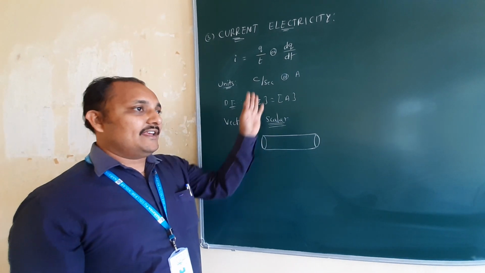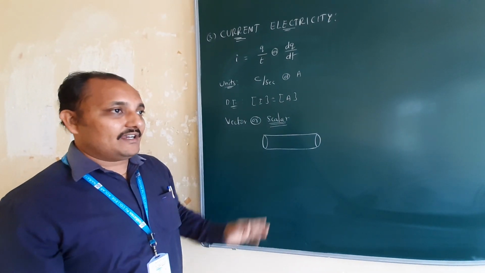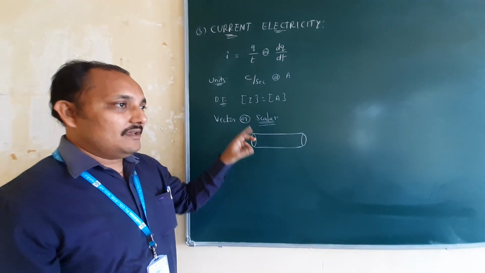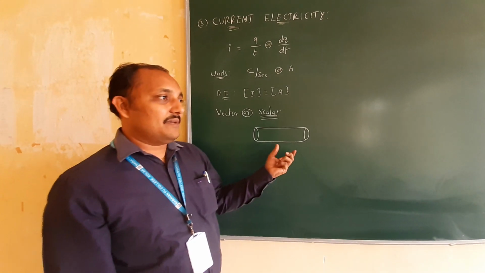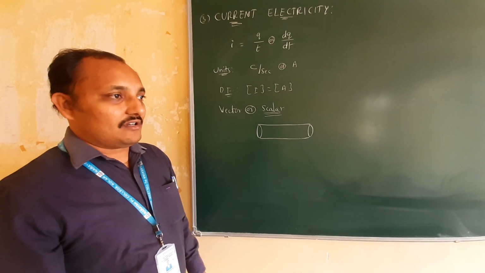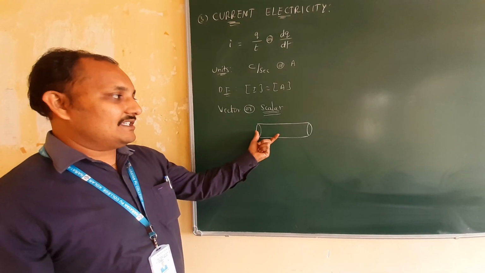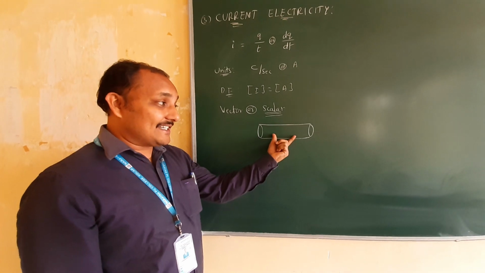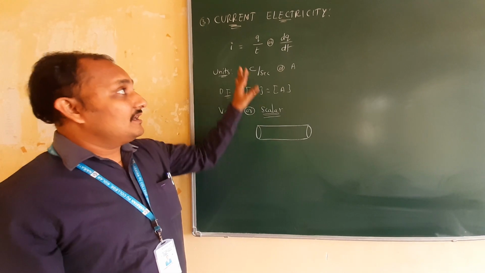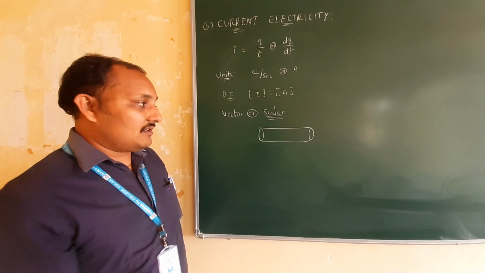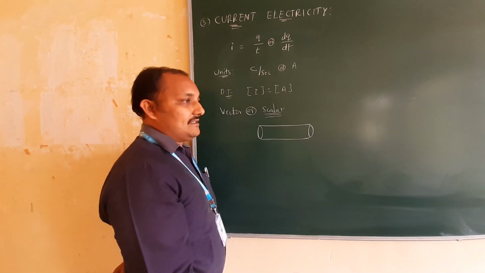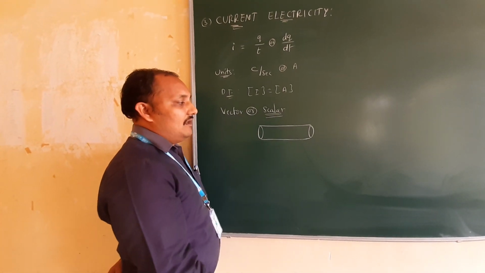But if you take any electrical appliance, like a TV, after switching on the TV, or if you put your 2 fingers in a plug board after switching on, you will get current. At that time you will get a shock. But whenever you touch this conductor, you won't get a shock. What happens in this conductor? When will you get a shock, and when won't you? In both cases charges are flowing. This is a conductor. We didn't connect any battery or electrical supply.